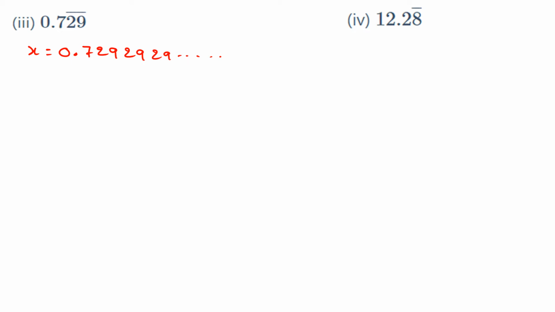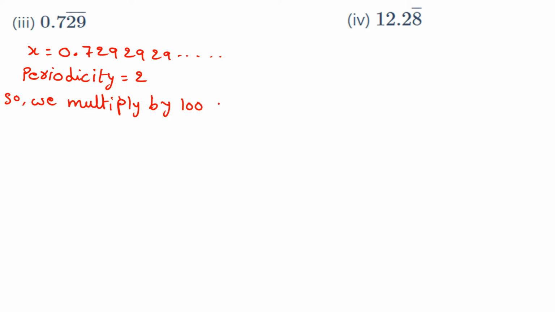Now let us write the periodicity here. What is the periodicity of this number? That is 2, right? Only 2 digits are repeating. That's why the periodicity is 2, so we multiply by 100 on both sides. On both sides we now get,